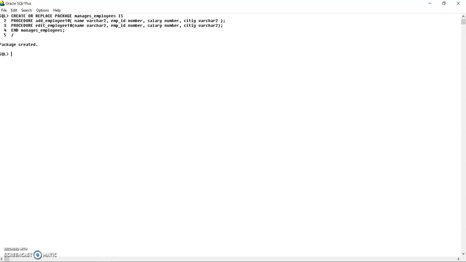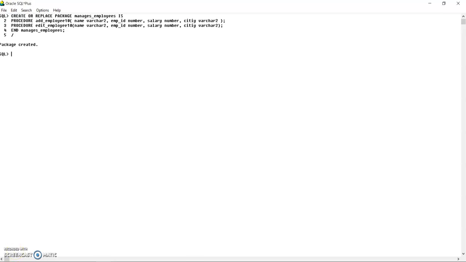In this example, I am considering that I have an employee table with these columns, so accordingly you can give the number of parameters as per your number of columns. Let's execute this. You see the package is created. When it says package created, that means the specification of the package is created.